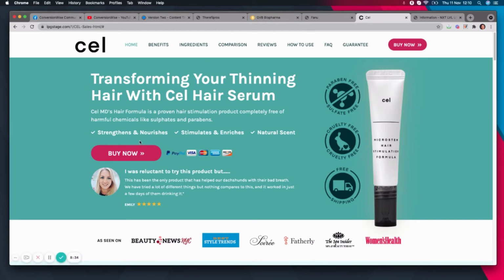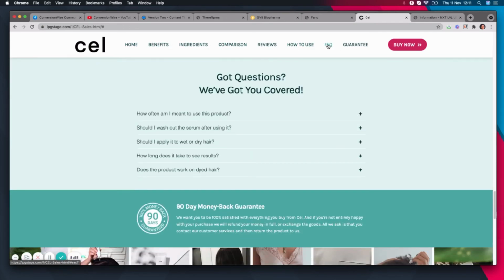Now, for a landing page for e-commerce, this is what we would recommend. This is just a mock-up, guys, but if you have a single product, then the way to optimize and make sure that you get the most out of your ad spend is to send them to a page which is like this. So a direct response sales page, otherwise just known as a landing page. But again, it's the same principle. There are no navigation links. This will just jump us to another point on the page.